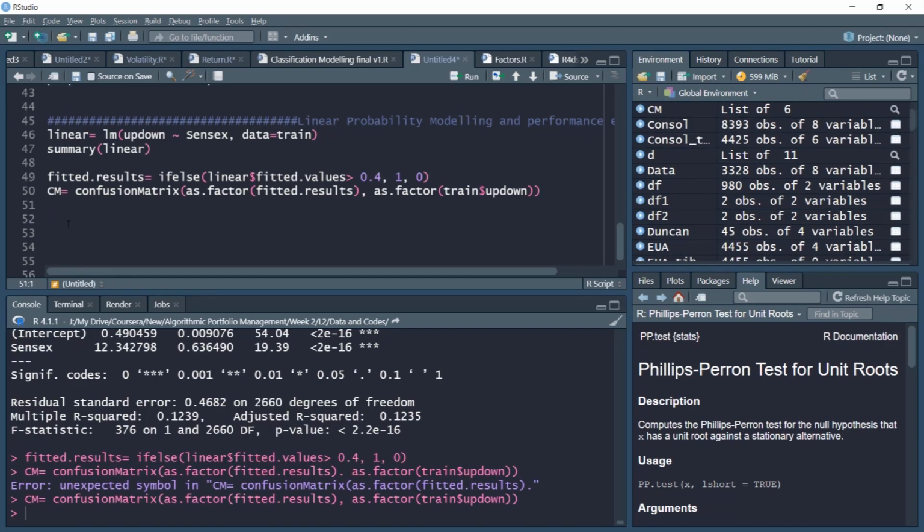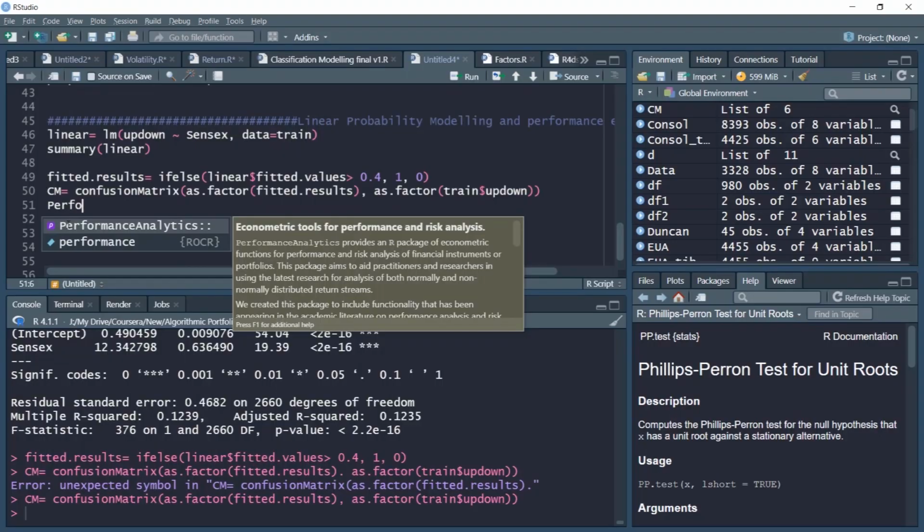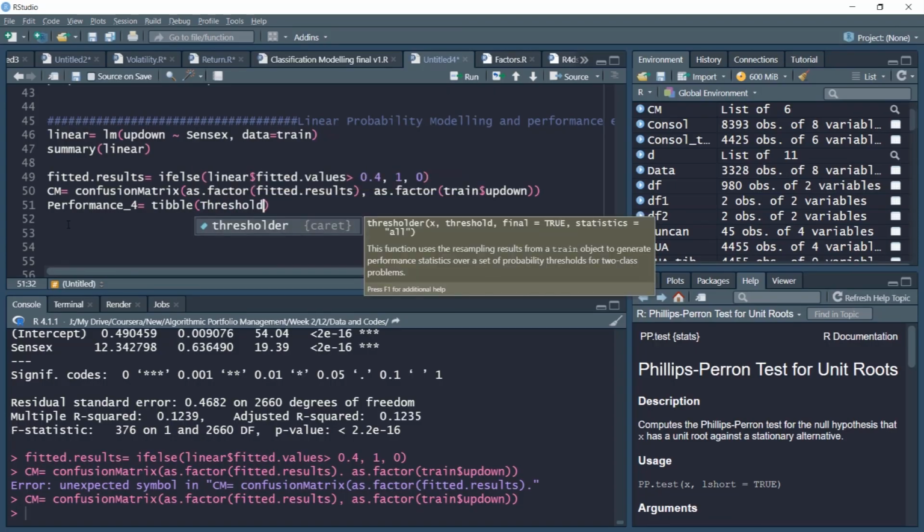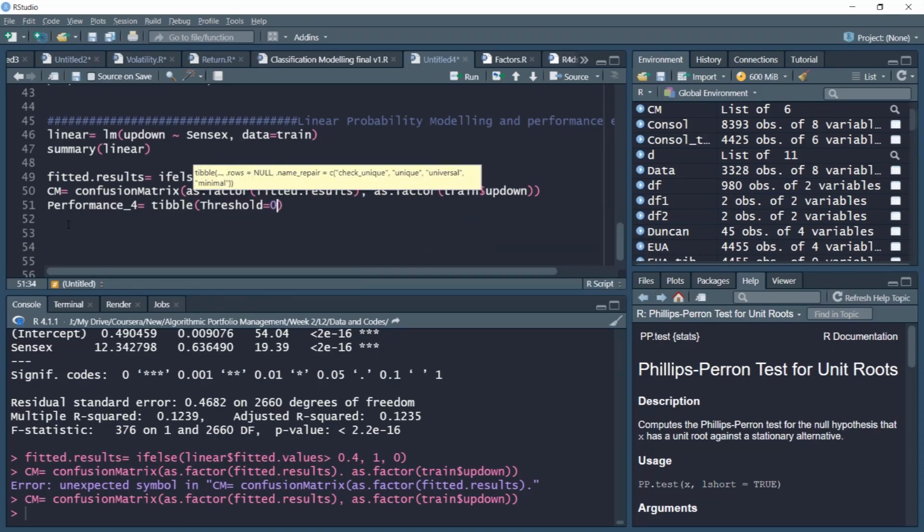Now I want to compute my performance measures, accuracy, sensitivity and so on. So I'll create this performance underscore 4 object, and I'll assign it in the table format. I'll create a sort of table with the threshold, so threshold value of 0.4,